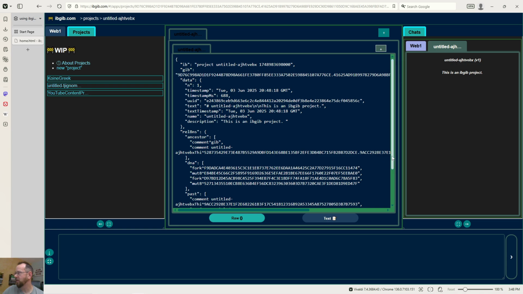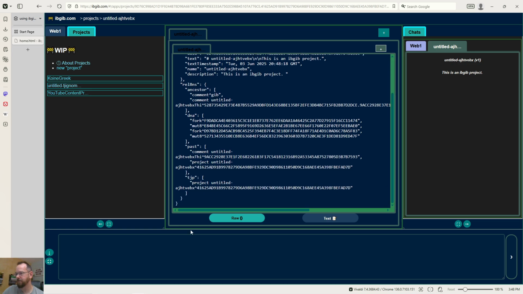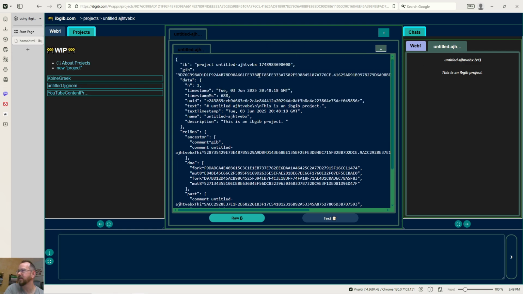The scroll bar, I think, is driven by the theme. And then down here, if we hover over this, it's going to be army green also, down here in the bottom right. You can see that. So the first thing to notice is that coloring. And so that means that this untitled AGH, which if we go up here, we'll see